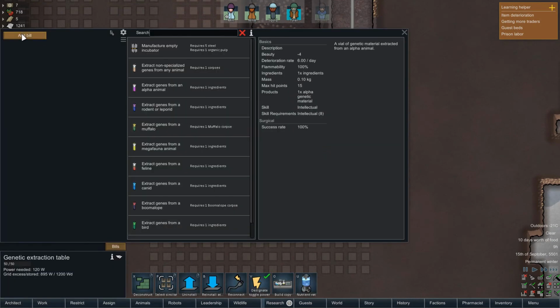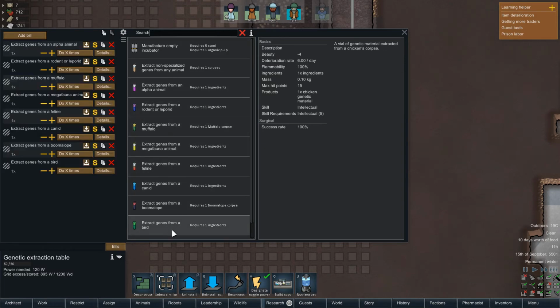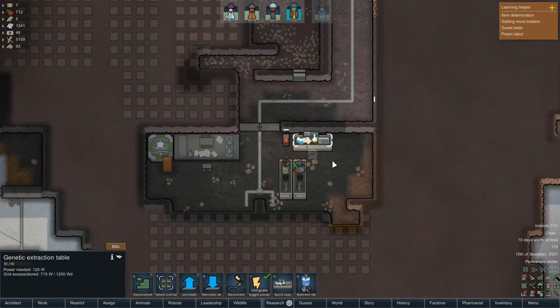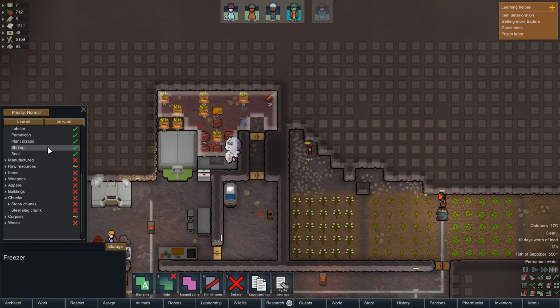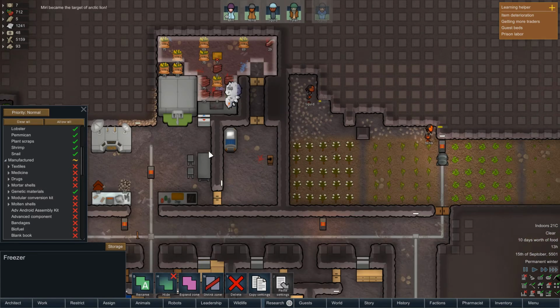Okay, now we've got this done. So here now we can actually extract DNA, genes from different animals. So I'm just going to queue up one of each for the moment, like so. And we'll be able to eventually use it. But, what was the... that's it. I need to come up to the freezer. And I need to make it so it goes... Is it manufactured? Yeah, genetic materials. Because the DNA we get...